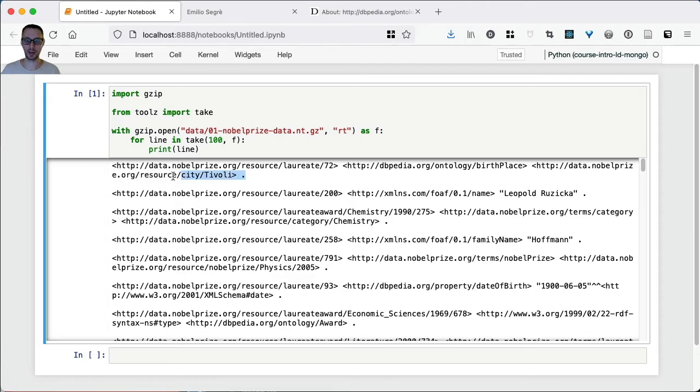But still you have a universal relation akin to, say, one table in an Excel spreadsheet or in a SQL database, one relation where these positions represent very distinct things, and this is the simplest form that we'll be dealing with in this course. Subject, predicate, object, just this triple format,